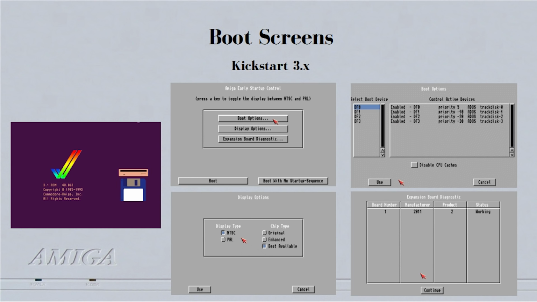3.0 added even more. So you have your boot options, you can change your display types. So if you're seeing just the screen is rolling, it's PAL, you have an NTSC monitor, you can force the machine into NTSC and get your display up right. You can choose what drive to boot from, you can disable drives, you can,